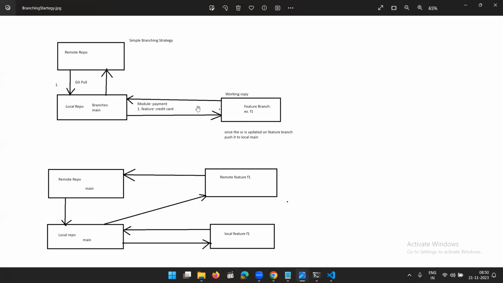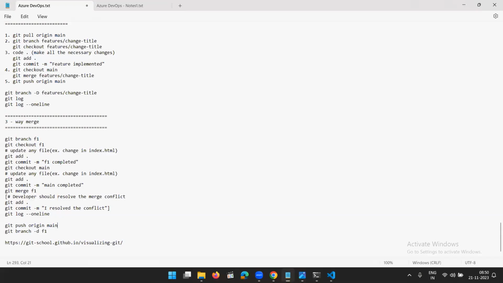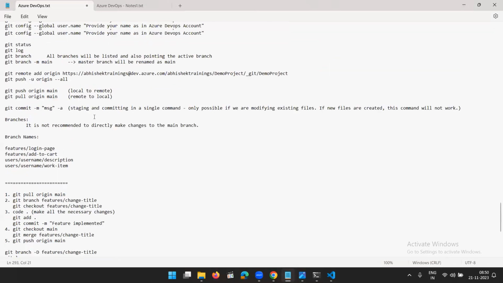So there are two types of branching strategy. First, as of now, it is doing simple. Like from the very first job, whenever you go to your organization, at the very first step, you have to pull the updated code. So for pulling the updated code, you have